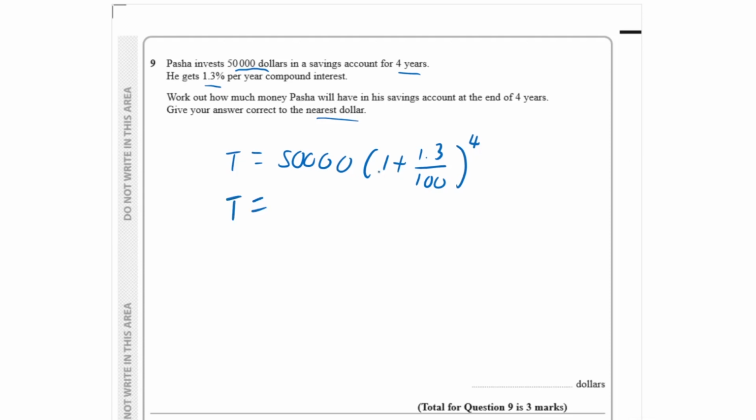Total is equal to 52651.14, and we round it down to the nearest dollar. Total is equal to 52651 dollars. So it's equal to